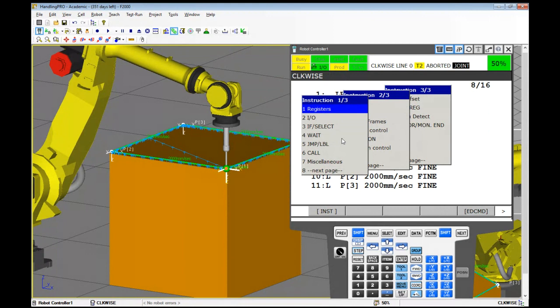And some of this stuff is dependent on the type of software, extra software options that you have installed. So some of the things you see on this particular robot may not be on a different robot, because it's dependent on the actual type of